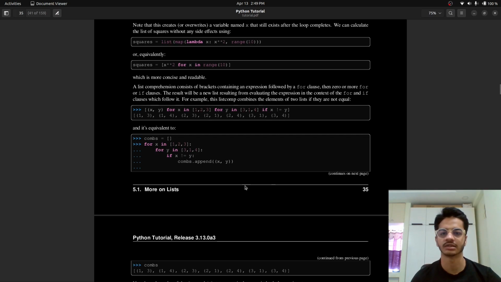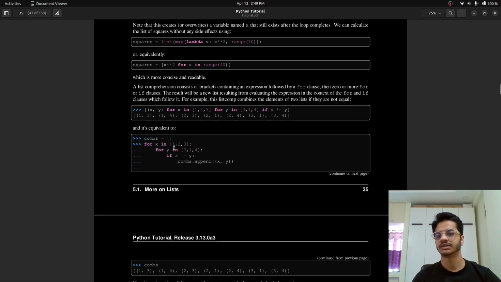And for every iteration, this would be n squared, because there are two for loops, just like nested for loops, where n would be the length of the lists. And if x is not equal to y, it would put the value in this tuple format. So 1 3, 1 4, 2 3, you see for this list of tuples, none of the values in the tuples are same, because we had this condition at the end of the list comprehension that x should not equal y. So that's how we get this list of tuples, and it is equivalent to this,